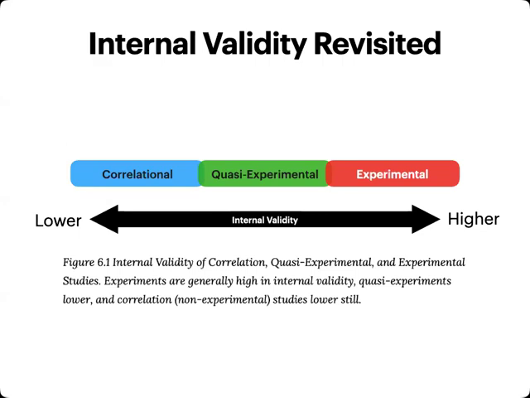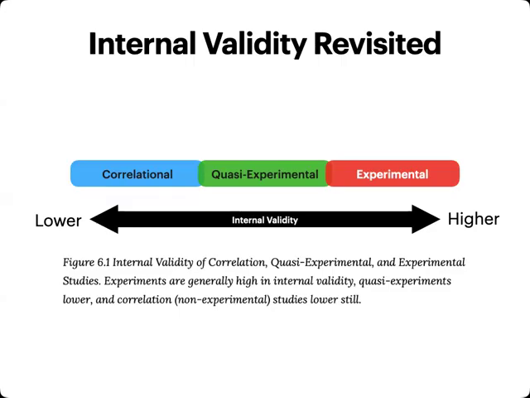As discussed before, internal validity refers to how well a study's design supports the conclusion that changes in the independent variable are responsible for observed differences in the dependent variable. The figure in this slide, I actually redid this figure so you can see it better, because the figure in the textbook is kind of blurred. So this figure illustrates the strength of internal validity among experimental, quasi-experimental, some people say quasi or quasi-experimental, and correlational